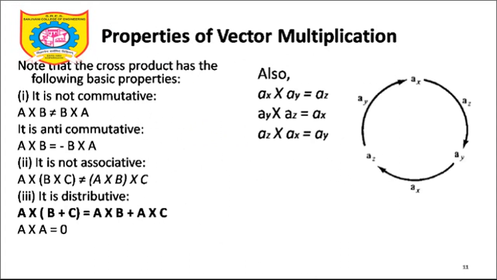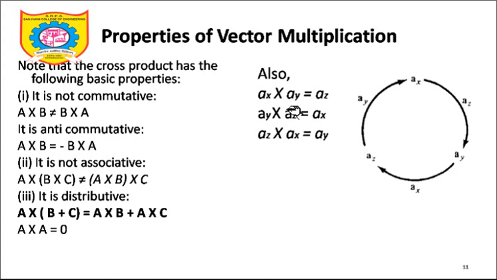Let's go back to the other properties. Now we are not going to multiply the same vector with itself, but we need to multiply these unit vectors. So AX cross AY, see, draw a circle in a clockwise direction. If you don't remember XY, you can remember X, Y and Z. So AX cross AY will be the third vector AZ. AZ cross AX will be the third vector AY, and AY cross AZ will be the third vector AX. It is as simple as that. So AX cross AY is AZ, AY cross AZ is equal to AX, and AZ cross AX is equal to AY. This is applicable in the case of vector multiplication.